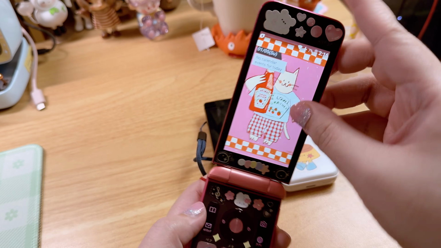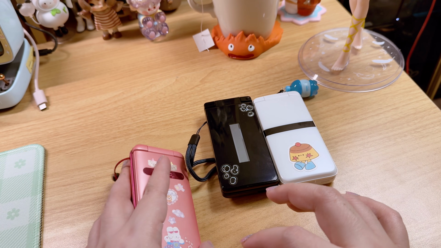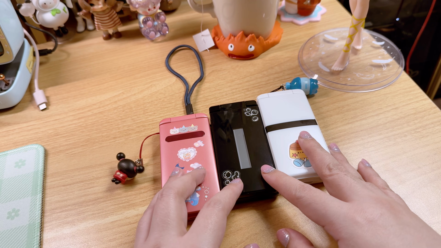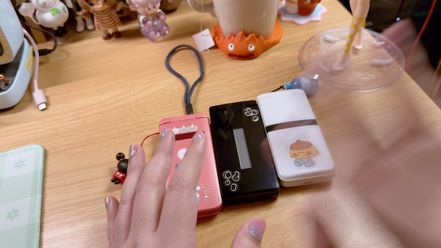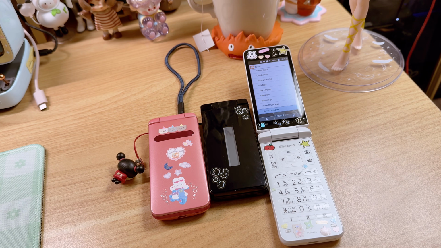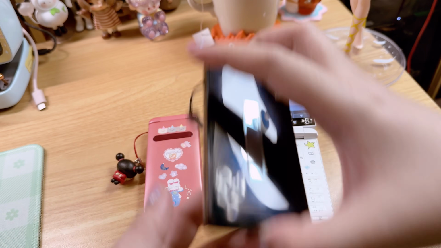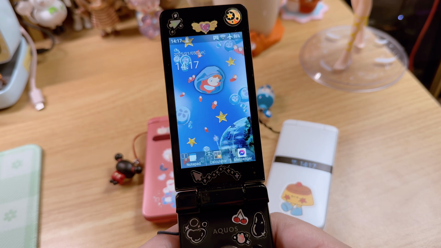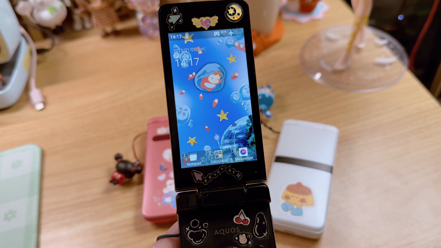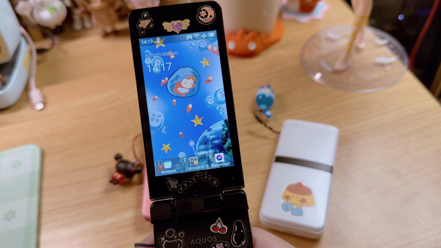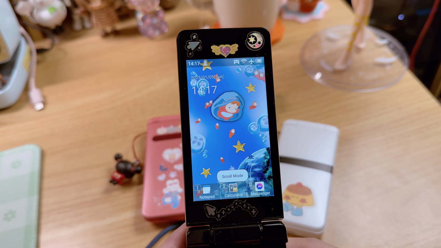The problem with these phones is you only get 8 gig of internal storage. You can use an SD card, but transferring apps to external storage is not as straightforward, so just keep that in mind. Lastly, I suggest installing a third-party launcher. The stock launcher on most Japanese flip phones is very limited when it comes to customization. A good launcher lets you personalize the phone with icon packs, some widgets, and a lot more. For example, I have this